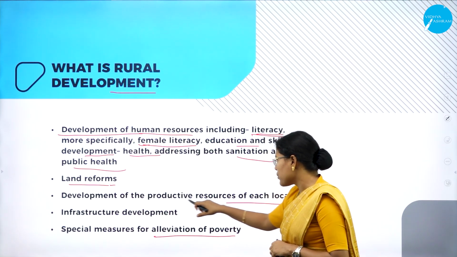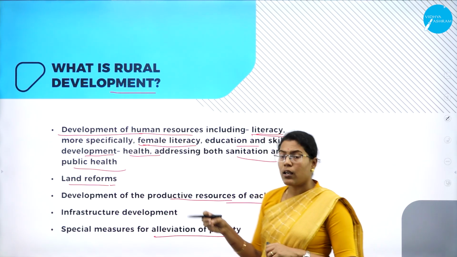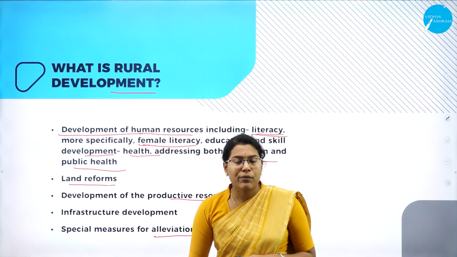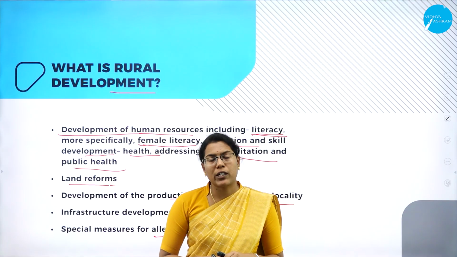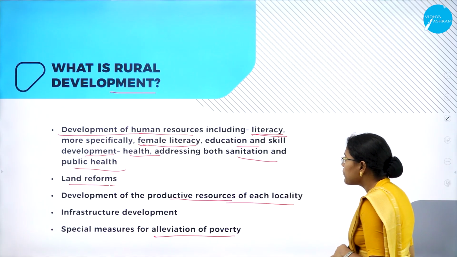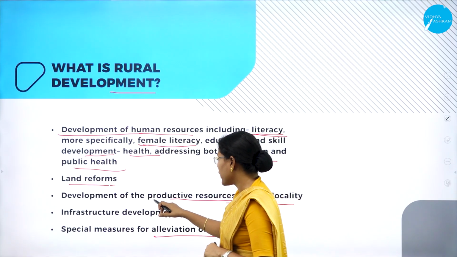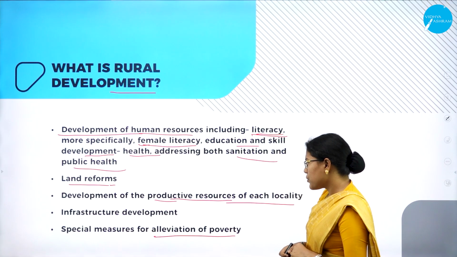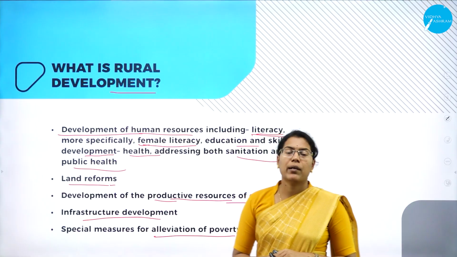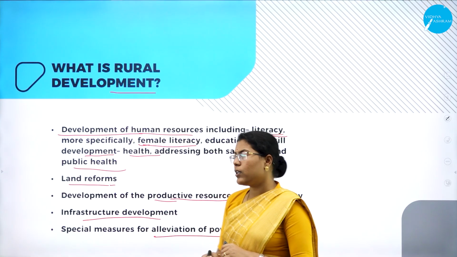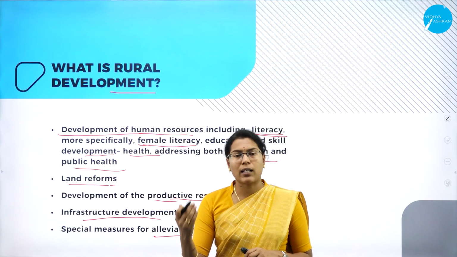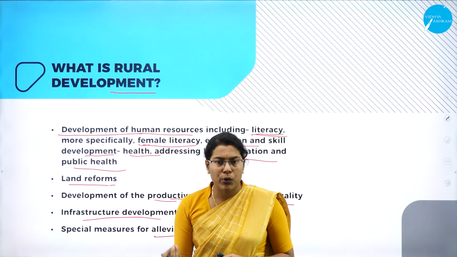So, the productive resources here refer to those resources which help the people to generate some income. Say, for example, for the fishing community, improvement of lakes, rivers and other waterways helps them to carry out productive activities in terms of fishing. Just like that, the infrastructure development. Here the infrastructure development in terms of roads and transport, so that the rural people are able to move towards other places and market their produce easily.